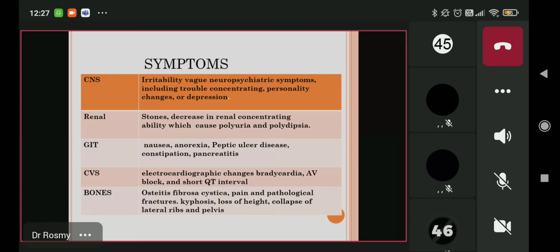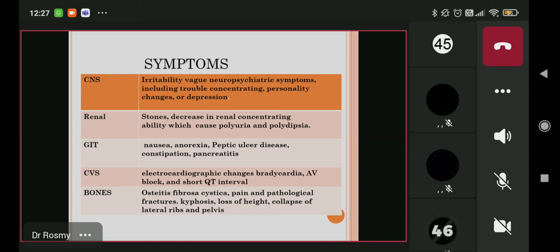Then they might also have constipation and pancreatitis. It can be an acute pancreatitis. It can also be a chronic pancreatitis. So either way, pancreatitis generally presents as abdominal pain. A patient will have abdominal pain. They'll be bent forward. It is called the Mohammedan prayer sign. This you will read when you go to surgery.